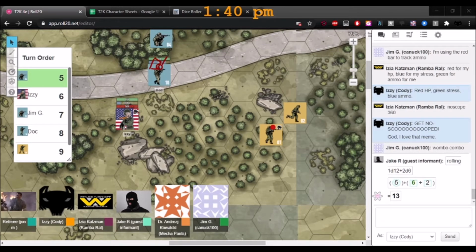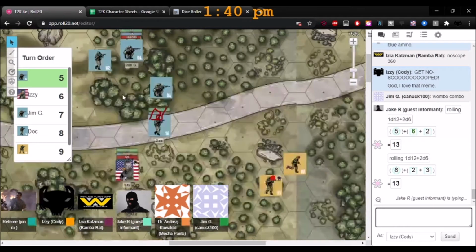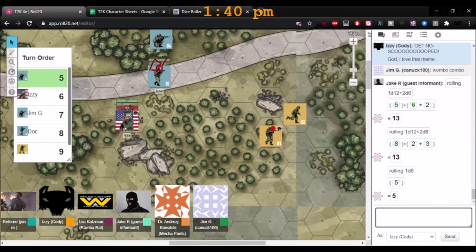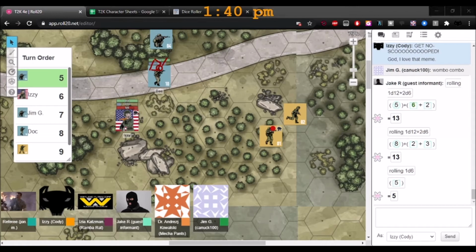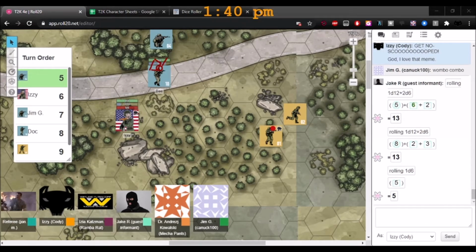Nice. Success. So go ahead and roll location, which is a D6. Ah, that's the arm, I believe. Yep. Check. Okay. And now, what's the damage of the weapon?